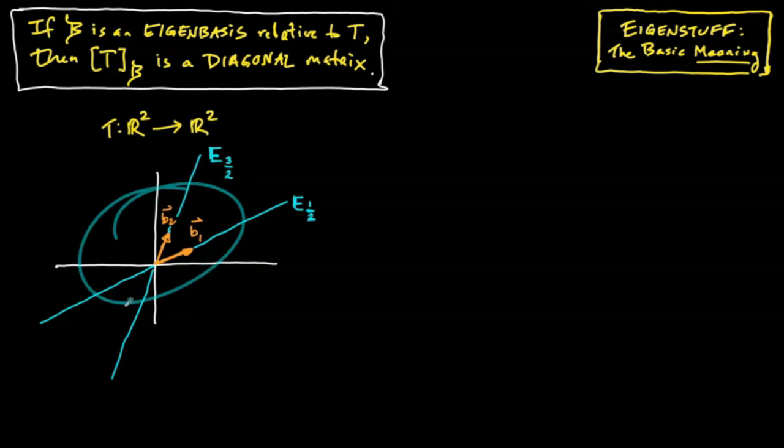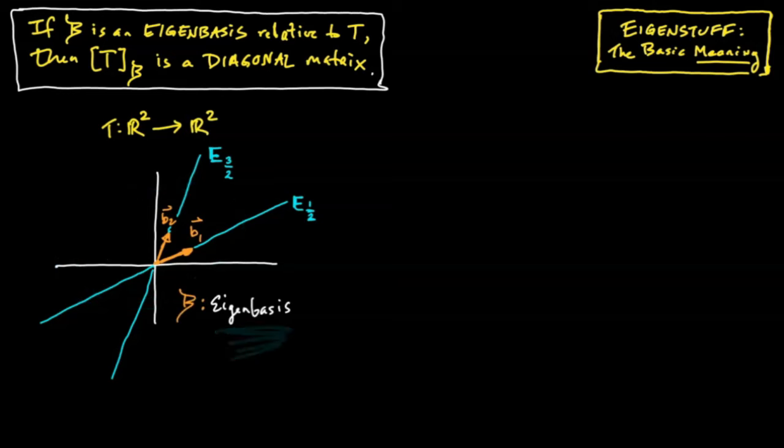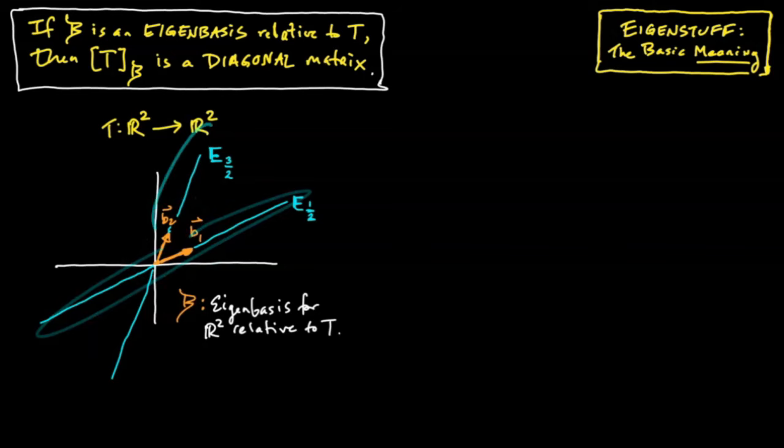Well, this is great, because I have two linearly independent eigenvectors, so they are eigenvectors that constitute a basis for R2. In other words, they are an eigenbasis, which I'll call crazy B, for R2 relative to the linear map T. So again, all that means is that these two vectors are a basis for R2, obviously, and they are both eigenvectors relative to the map T. So the map T merely scales each of these two vectors. We can think of these two eigenspaces as being like axes that are in a particularly nice position. Anything lying on either axis just moves along the axis when it gets hit by T, and anything not lying in either eigenspace will not be an eigenvector.